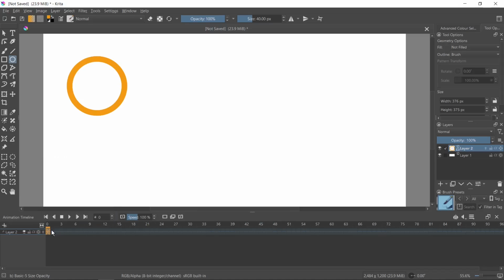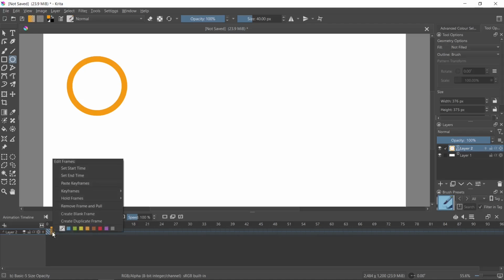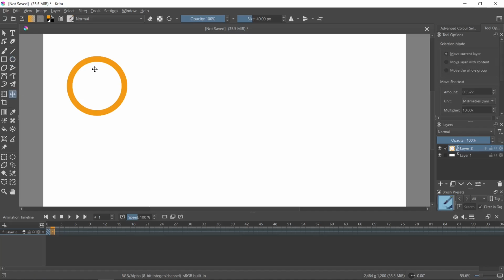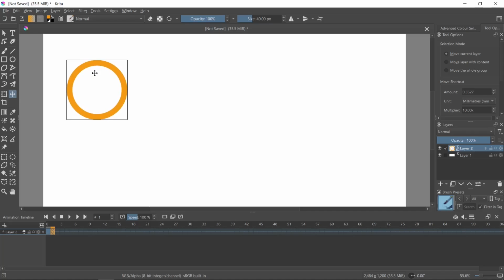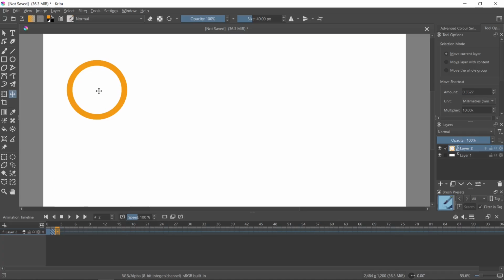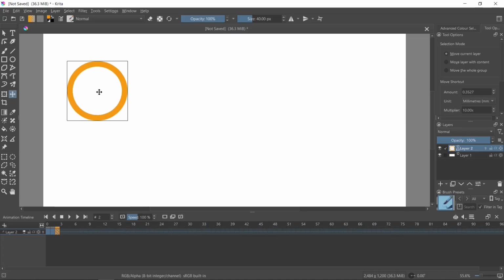Now I click the right mouse button on the second keyframe and I click Paste Keyframes. Then I go to this option, Move a Layer, and I change the position of the circle somewhere here. After that I go to the third keyframe and I click Paste Keyframes. Now again I change the position of this object to the downside, and we need to repeat this action a few